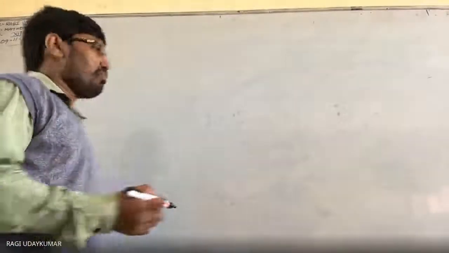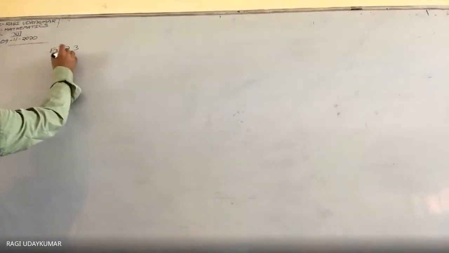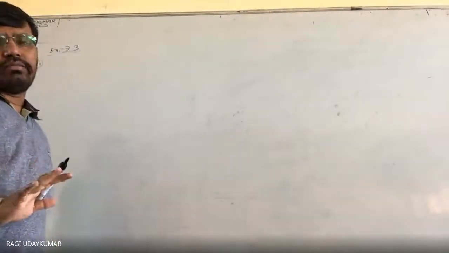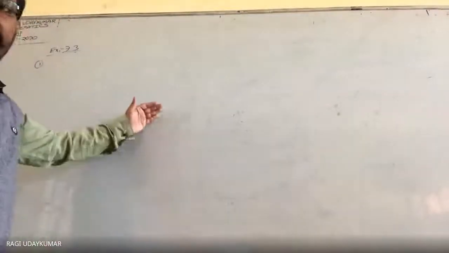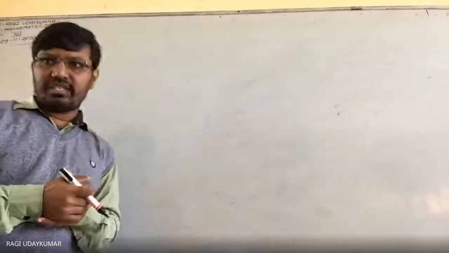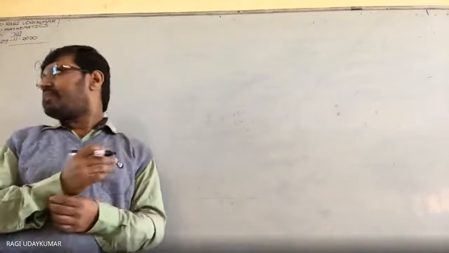So, exercise 7.3. The first problem is given to you. In the starting, problems are lengthy but easy. Only one way you are going to have. Only conversions will be there, and it looks very lengthy. If the product of three trigonometric functions is given to you, you have to split that. Nothing else. Very simple here.